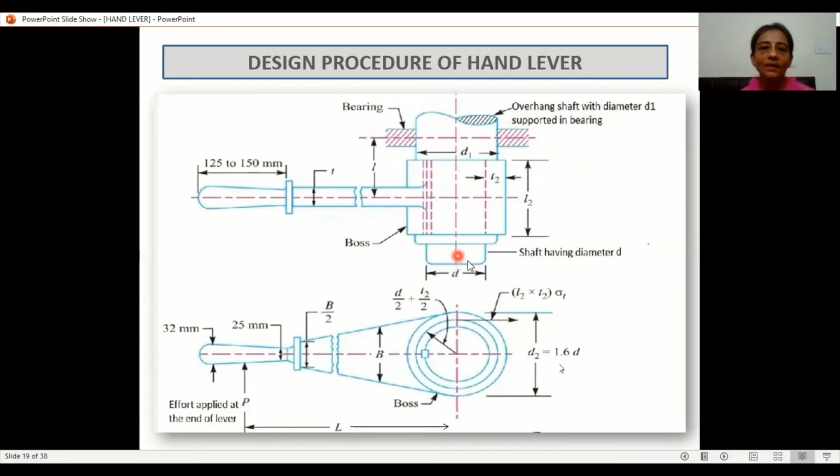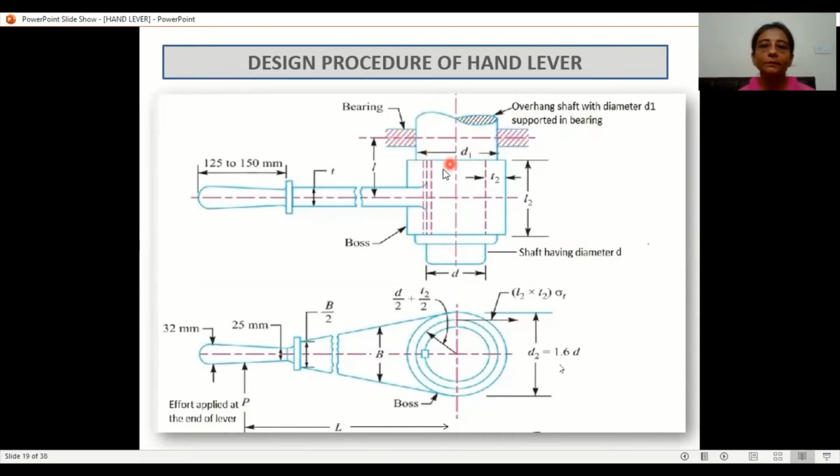This one is a spindle or a shaft which needs to be turned. We are not going to continuously rotate it; by a certain degree we want to just turn it. So this is the shaft to be rotated or turned. This is the overhang shaft, which is also the enlarged shaft, and that shaft is supported in the